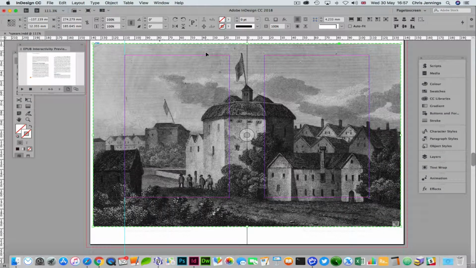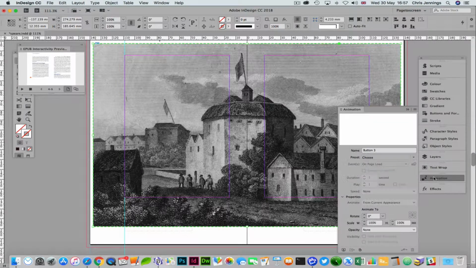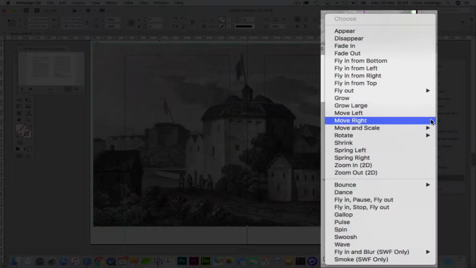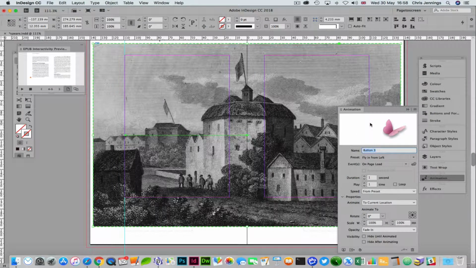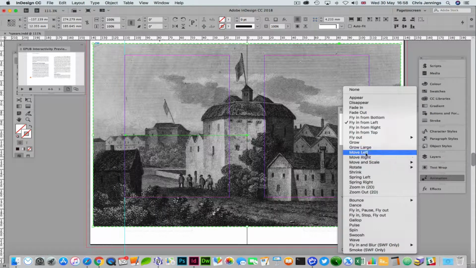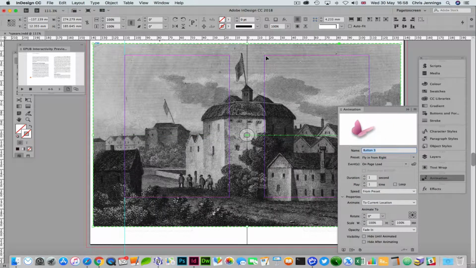And we also want to make this object into an animated object. We can make it just fade up, or we can do all sorts of things to this. As you can see, there are lots of different default actions. But what I'm going to do is make this fly in from the left. No, I'm not. I'm going to change my mind. I'm going to fly it in from the right, because that's where the image is nearer to the right hand side. And I'm now going to go back to my